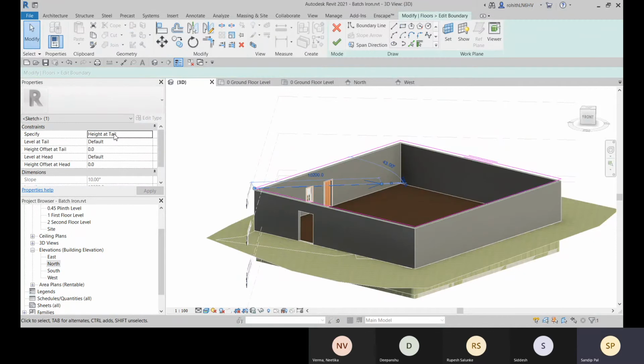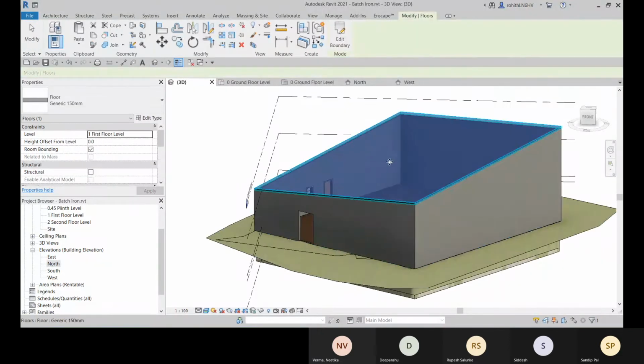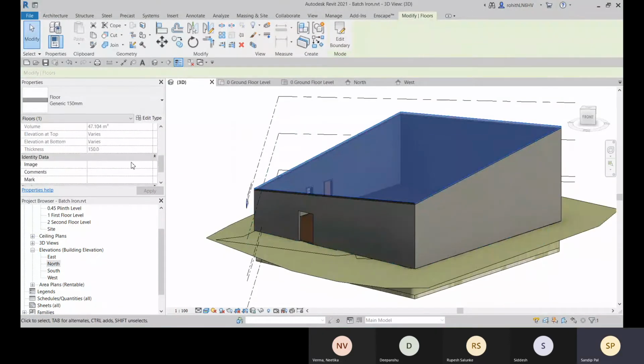So you can either choose this height at tail, and with this you can apply slope, or else you can apply with the angle, slope angle. Okay. The slope angle you can apply.